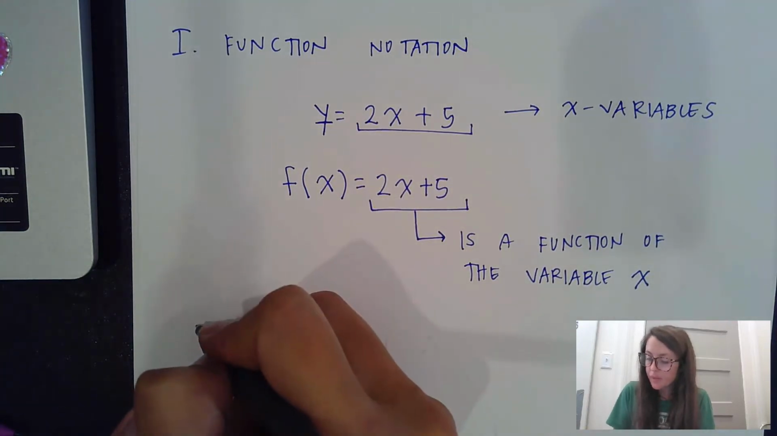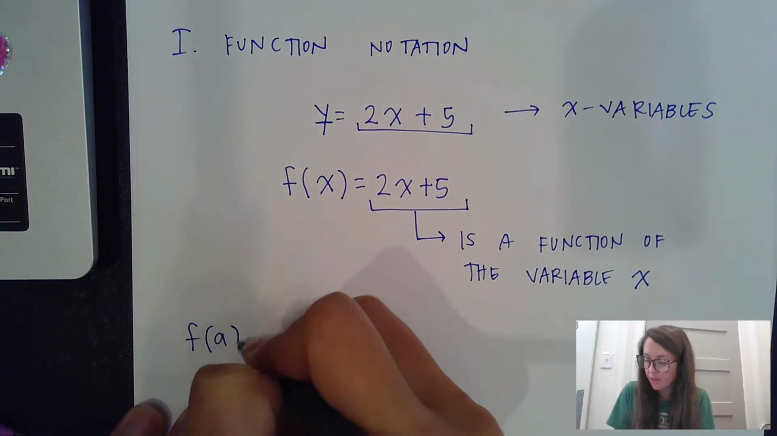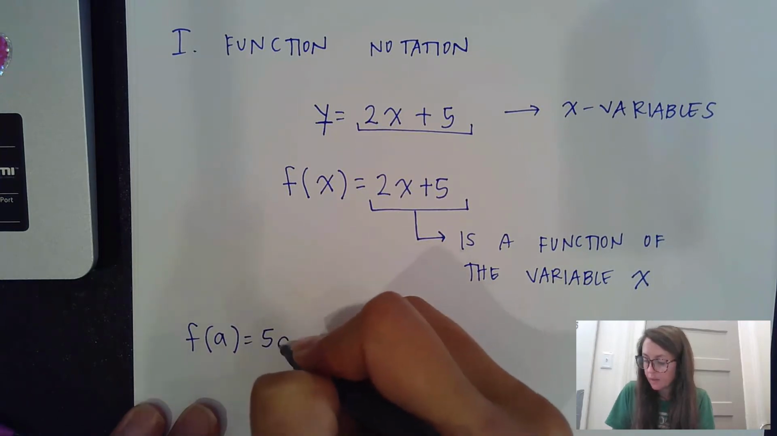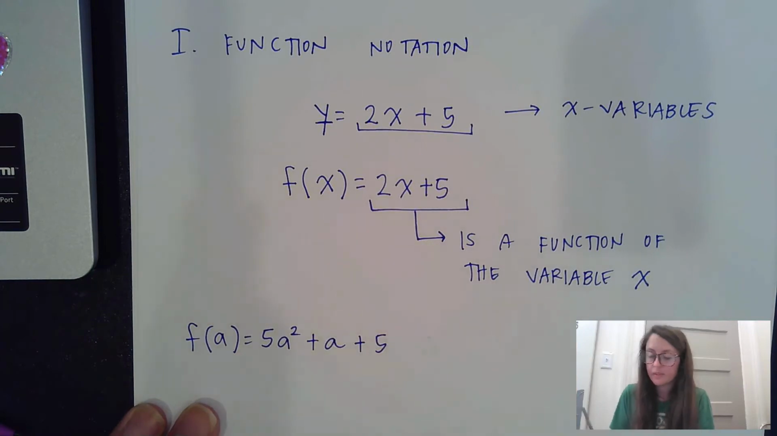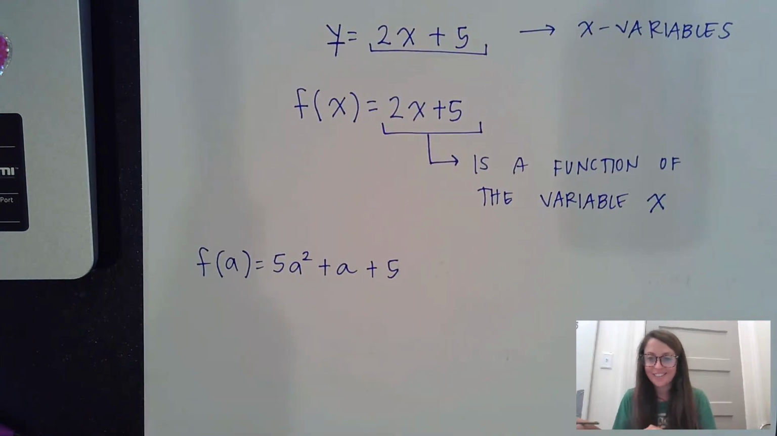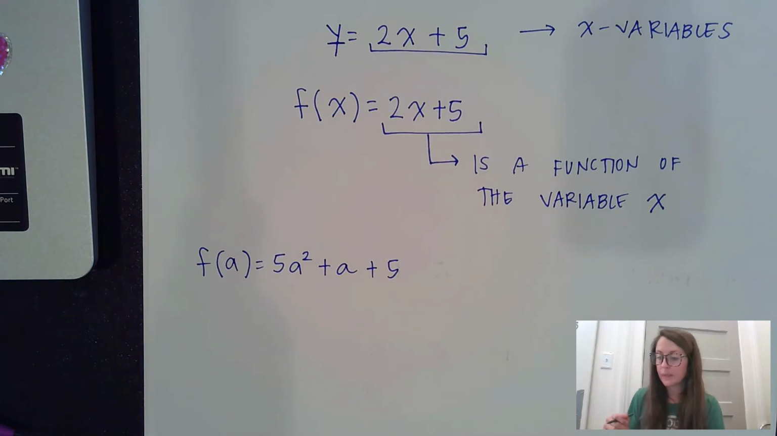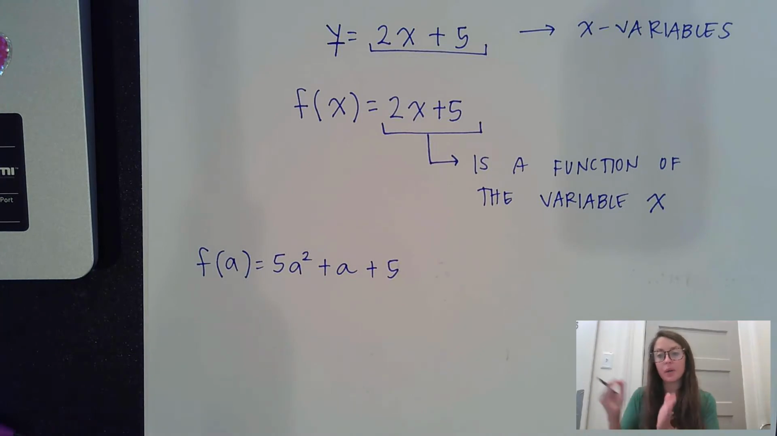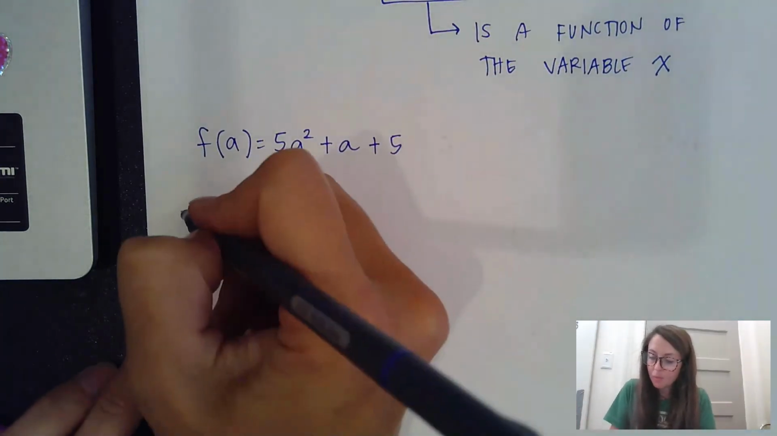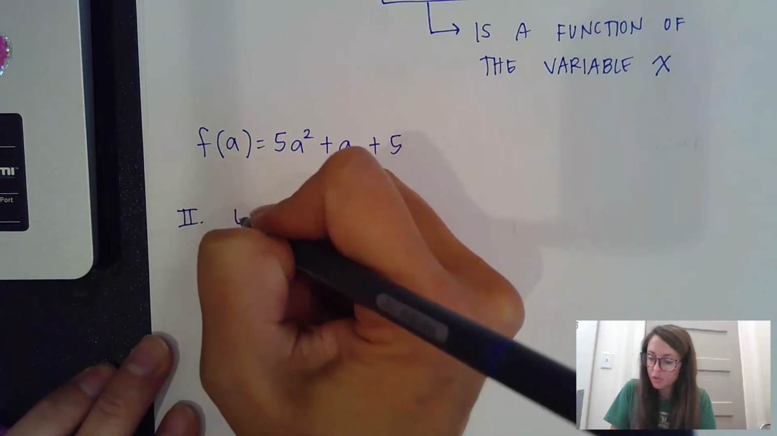So if I had, let's just say, f of a, then all of these on the other side are going to be a function of a. So a is going to be inside there. Does that make sense? What's in parentheses just tells you what the variable is inside. So if I wanted to evaluate functions,